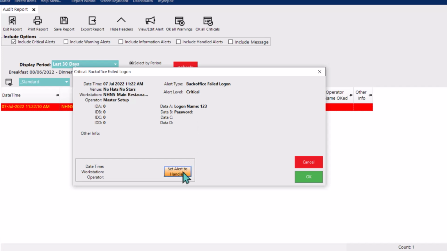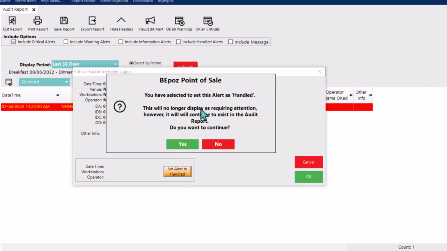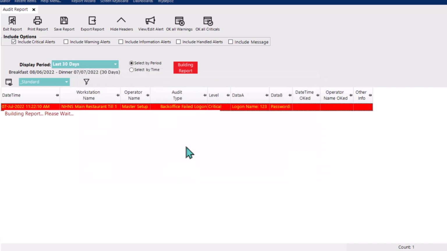What we can do is set the alert as handled. It's going to be marked as okay. We'll get a little message prompt here that the alert will no longer display as requiring attention. However, it will still continue to exist in the audit report. So we're not deleting this alert, we're only marking it as okay, and we can still see it